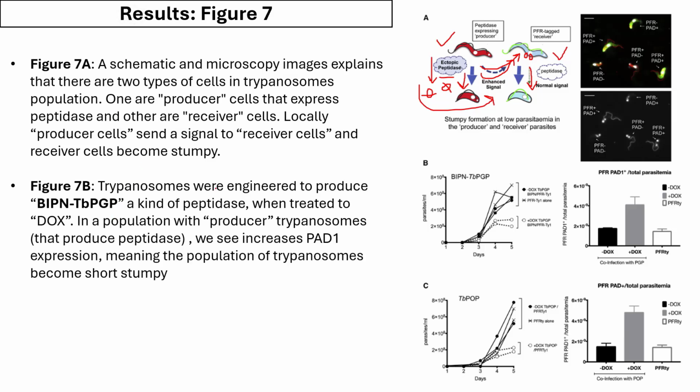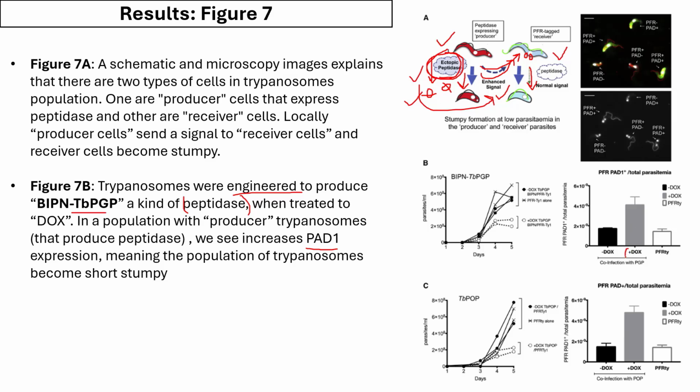Now researchers were able to obtain a genetically engineered trypanosome cell line that produces TBPGP, which is a kind of peptidase. So they have actually made the trypanosome make more of these peptidases. Now if there is more peptidase, it will cause more chopping of the peptides, then it will send more signal to the receiver trypanosomes, and the population will start becoming more stumpy. That's the idea. But to confirm that idea, they look at the expression of PAD1 protein, and they found that